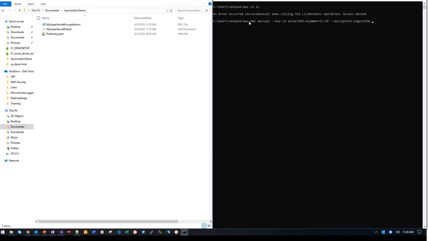So you may want to be explicit in telling which encryption algorithm you want to use in both the public key side and the private key side. So I'm just going to say my encryption algorithm is RSAES OAEP SHA 256, and my ciphertext blob is going to be a file on this absolute path. Let's just go ahead and copy this path and we'll paste it here,